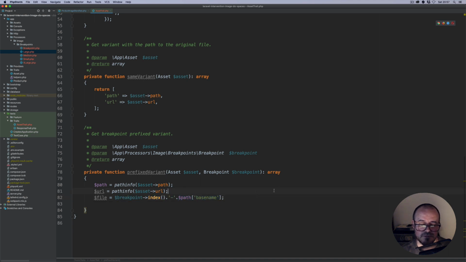So for instance, if our file is called index.jpg, I want this to become, for the small breakpoint, sm-index.jpg. For large it will be lg-index.jpg, because we need to save these files later on to the server as separate files. So now what we're going to do is